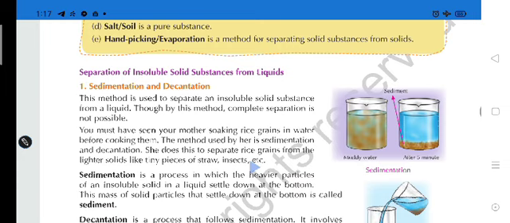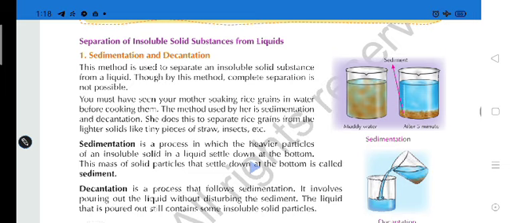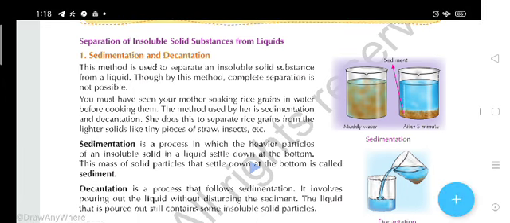Now what you have to do, students, in this method of separation, you have to remove insoluble substances from a liquid. For this we will perform sedimentation and decantation.